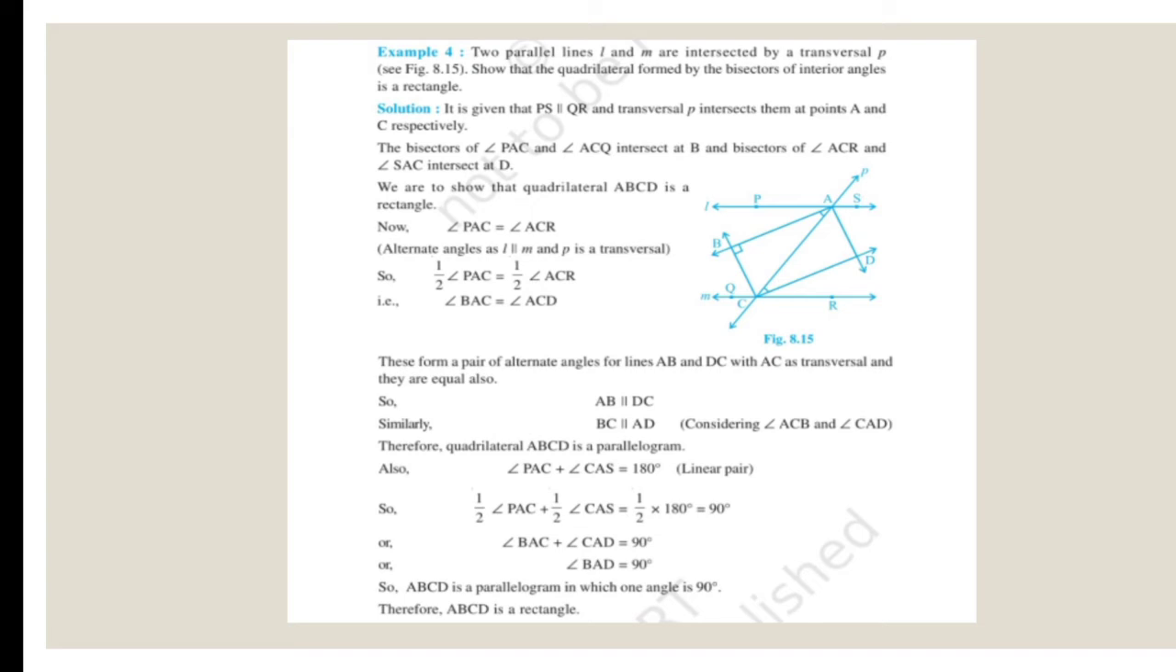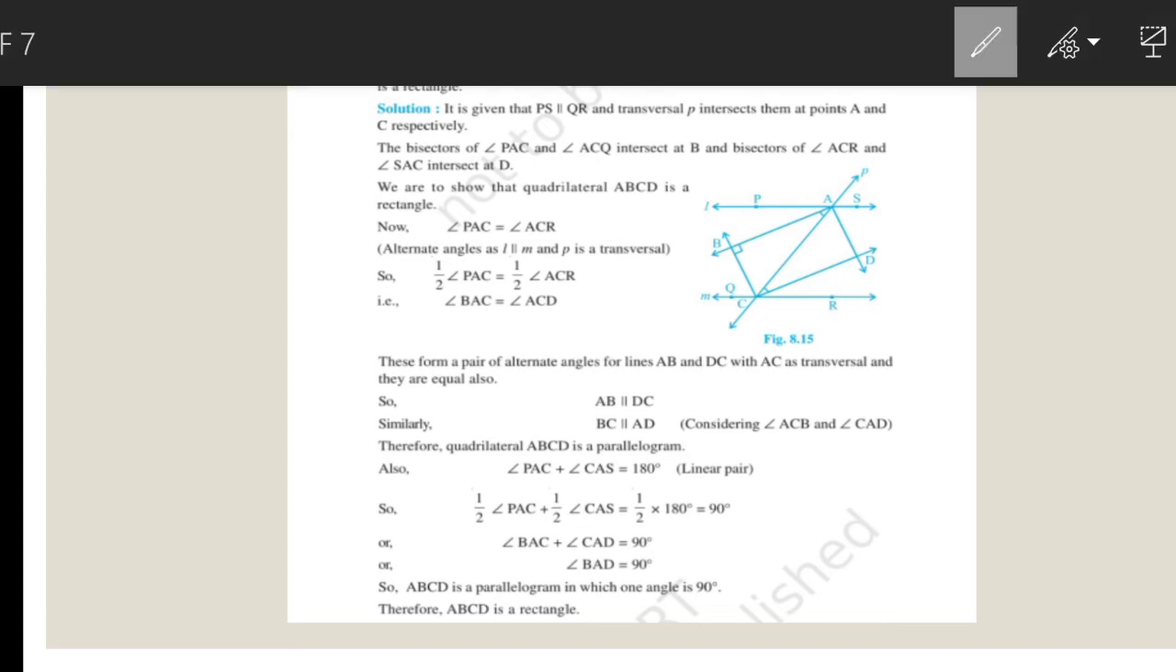Now sum number 4. In sum number 4 it says two parallel lines L and M are intersected by a transversal small p. So small p is a line which intersects the two parallel lines L and M. We have to show that the quadrilateral formed by the bisectors of interior angles is a rectangle. That means we need to show that